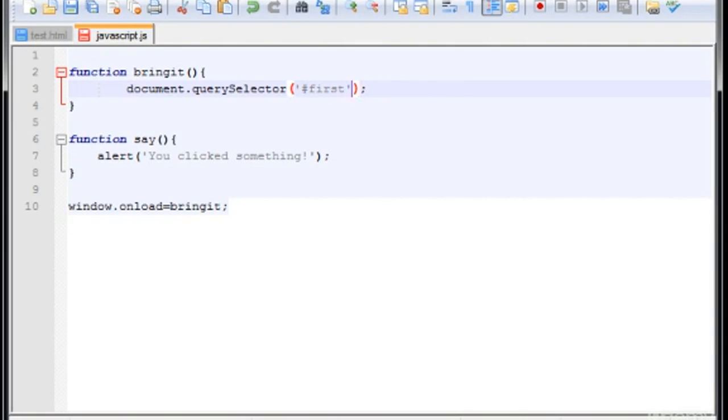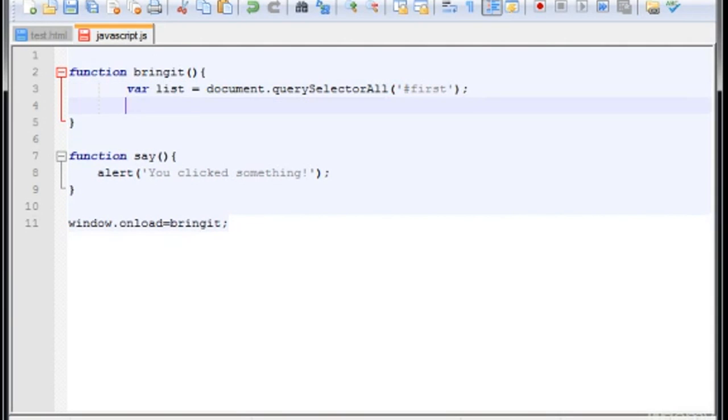Okay, the onclick, and in here let's create a variable list equals document.querySelectorAll. What this will do is query select all the IDs first, and then down here we will create a